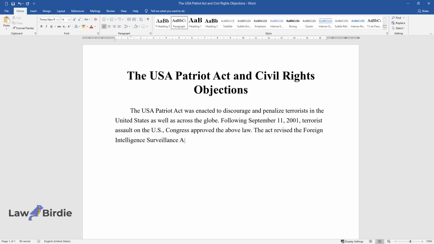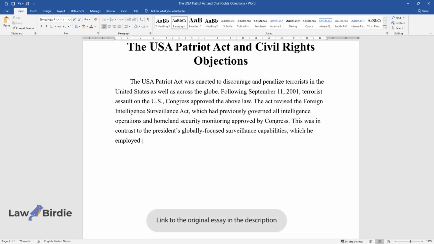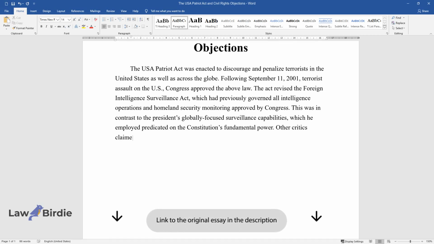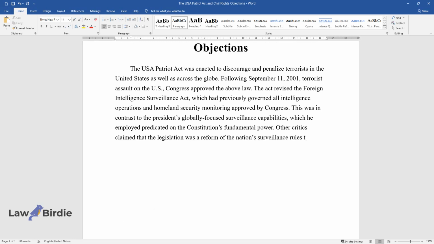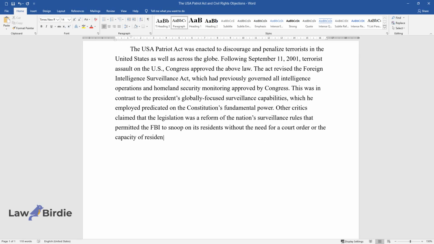The act revised the Foreign Intelligence Surveillance Act, which had previously governed all intelligence operations and homeland security monitoring approved by Congress. This was in contrast to the President's globally focused surveillance capabilities, which he employed predicated on the Constitution's fundamental power. Other critics claim that the legislation was a reform of the nation's surveillance rules that permitted the FBI to snoop on its residents without the need for a court order or the capacity of residents to contest the